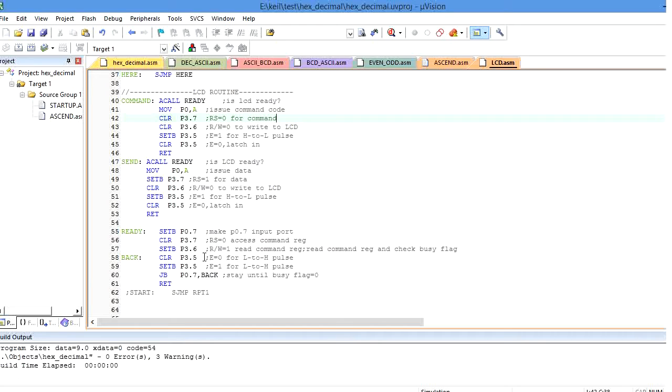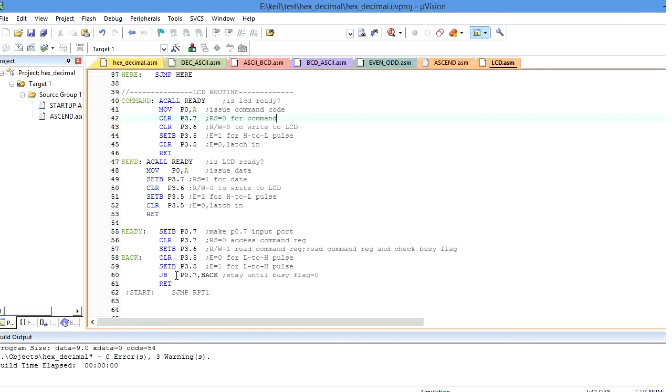After that I will put the LCD device in the enable state. How can I make the enable state? First I clear P3.5, indicating it is low. After that I make enable by setb P3.5. So I am making the enable pin of the LCD device go from low to high, so that I am enabling the LCD device.